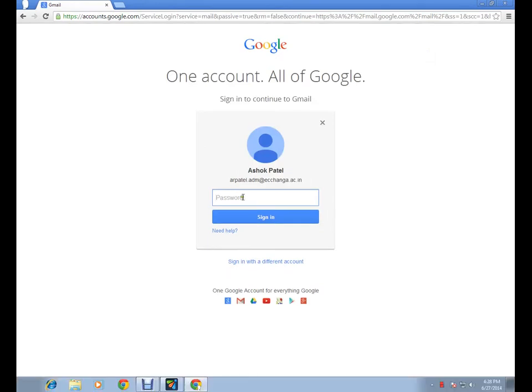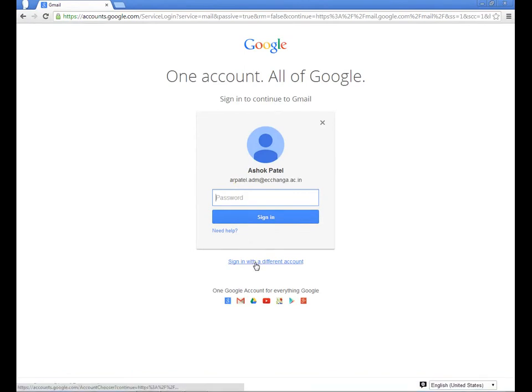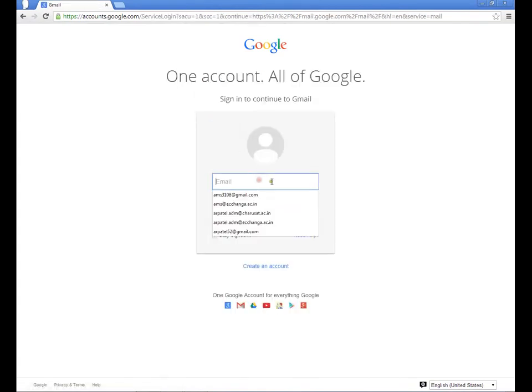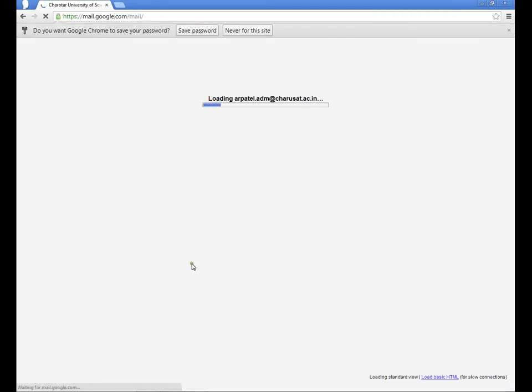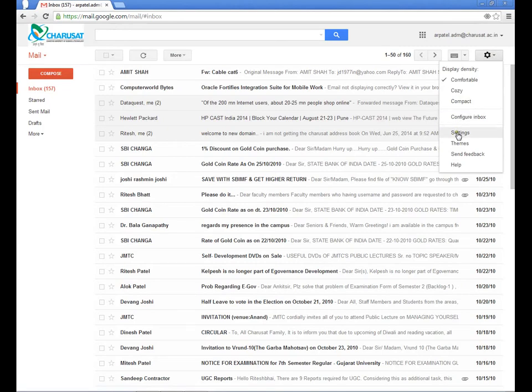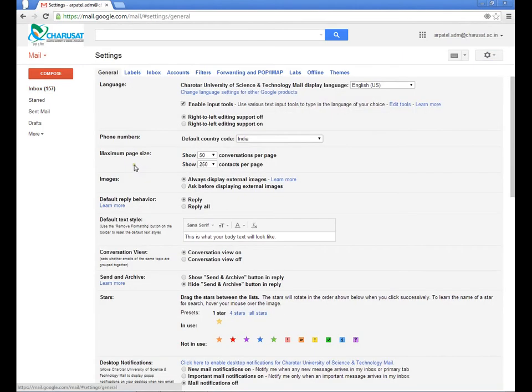Now the next step is to log in with the new account. Go to settings and select accounts. Please do not skip any of the steps, otherwise this process will not be completed successfully.